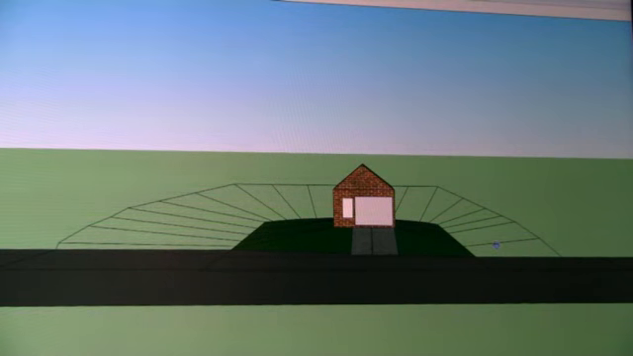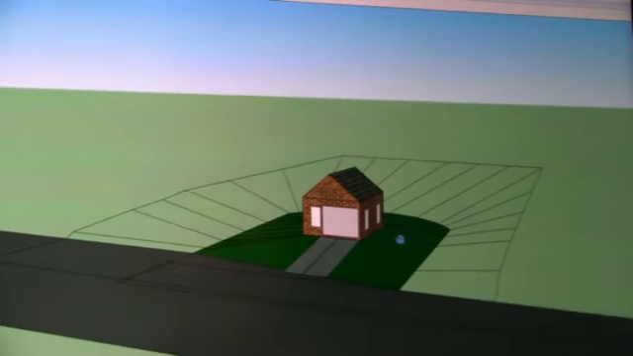Alright guys, so today we're talking about swales. And what is a swale? A swale is basically a depression in the ground that will carry water to where we want it to go by gravity. So what we've done here is we've drawn up a Google SketchUp, a 3D model of a